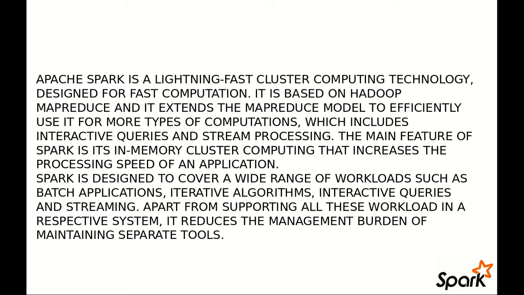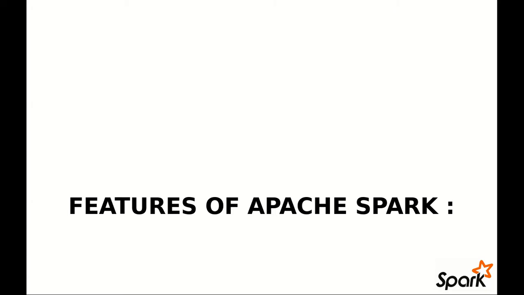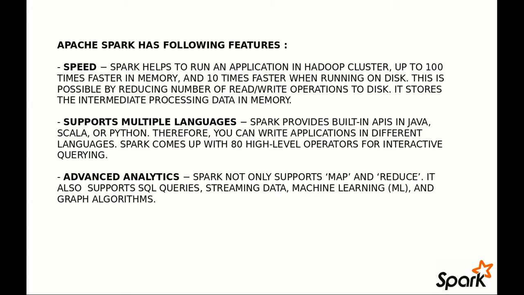Okay. Now we are going to discuss the features of Apache Spark. There are three features which are broadly discussed here. First one is speed. I already told you that Spark helps to run an application in a Hadoop cluster up to 100 times faster in memory and 10 times faster when running on disk. And this is possible by reducing the number of read-write operations to the disk. I told you that